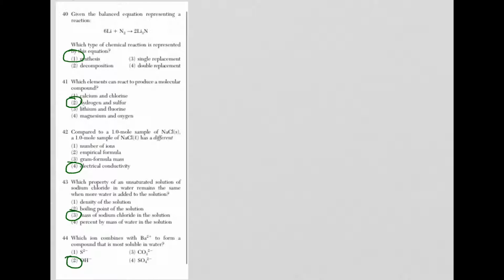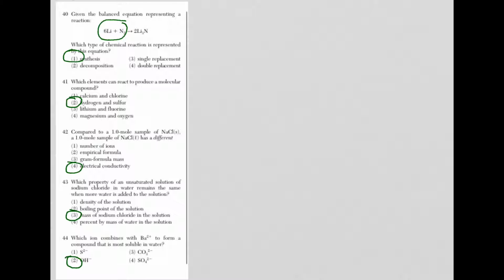Question 40 is asking about what type of chemical reaction is represented by this equation. You'll notice that you have lithium and nitrogen forming a compound. And there are 4 words here. These 4 words are the basic reactions. Synthesis is coming together, decomposition is breaking down, single replacement, an element in a compound, trading places essentially, and double replacement, 2 compounds with a switch. These 4 choices you need to know or be able to recognize these equations, and the answer here is number